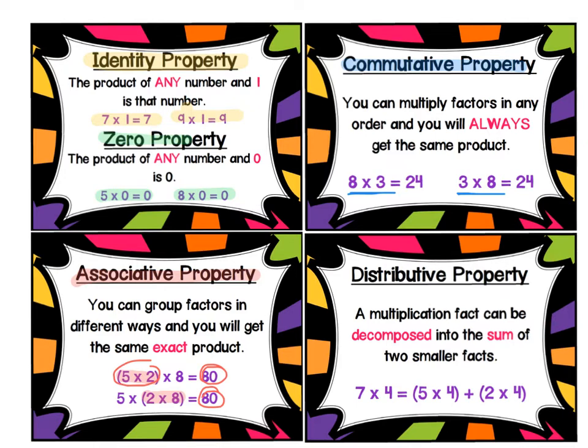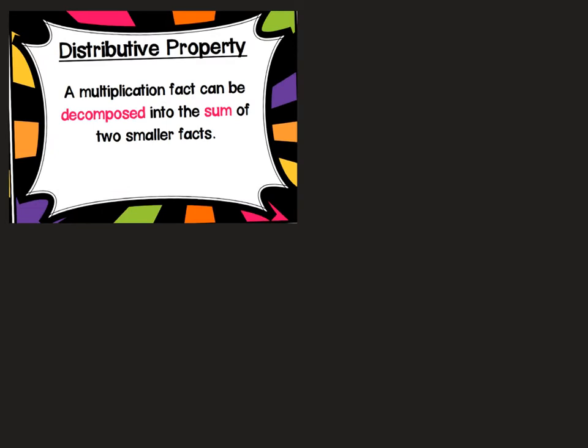Our last property is the distributive property. Let's take a closer look at that one. The distributive property can sometimes be the most difficult property in multiplication, but it doesn't have to be. Let's review what the distributive property is. When I have an equation that looks like this,